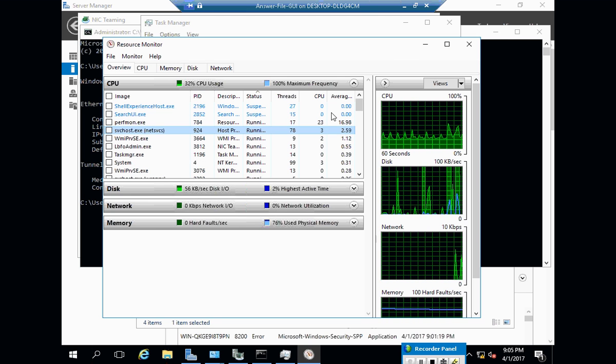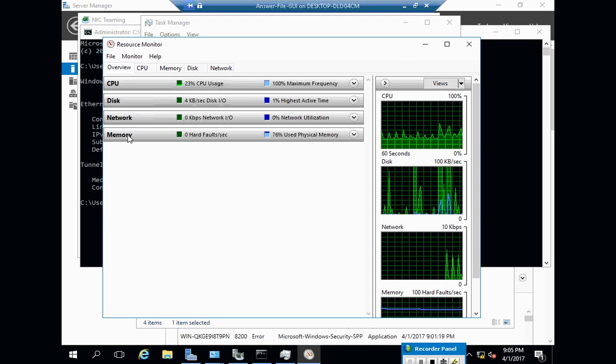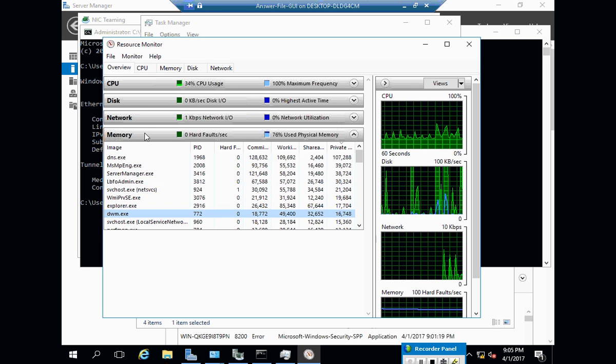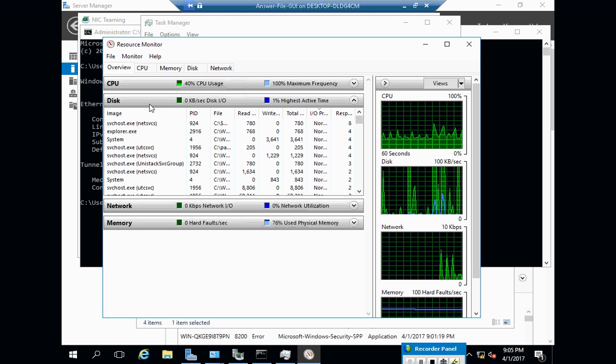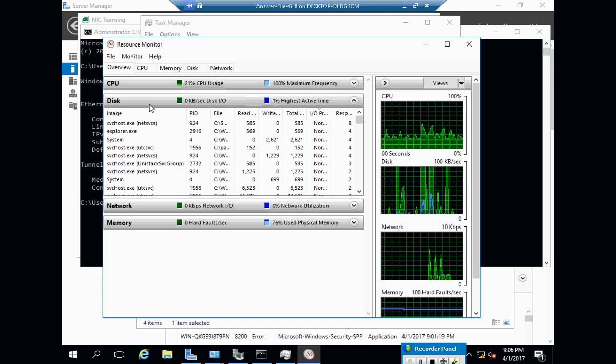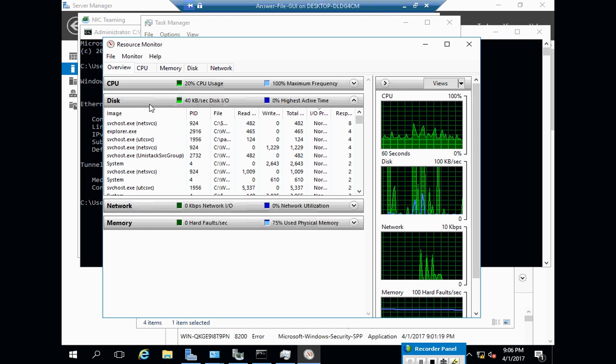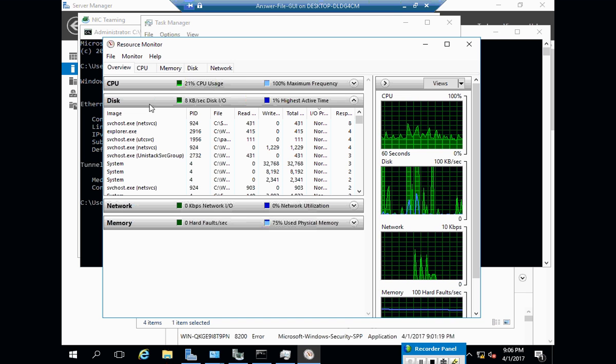Now, CPU consumption, look here. How much CPU is being utilized? All that. Now, I want to know about memory. Okay, memory is also fine. Disk. You know one thing? The slowest element in a server is the disk. Why? Processor, RAM, and motherboard work on frequency, while disk works on